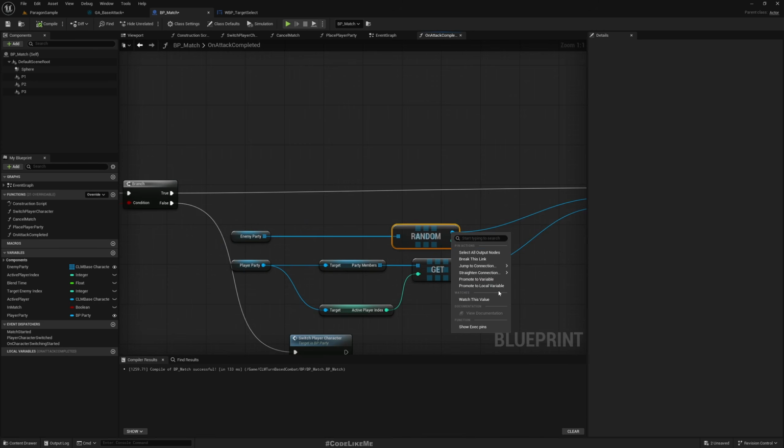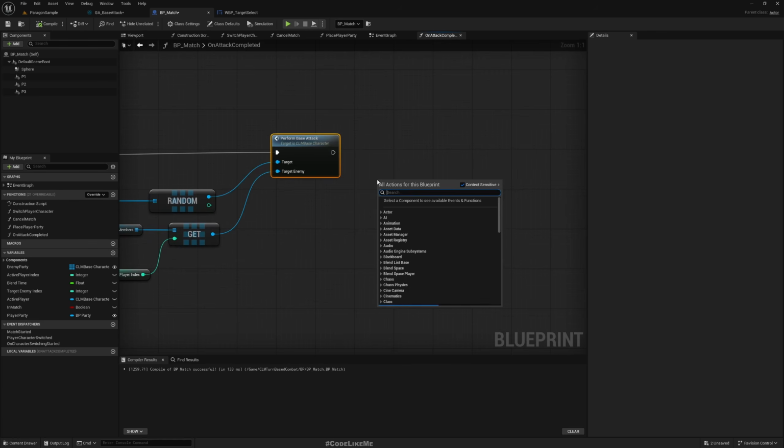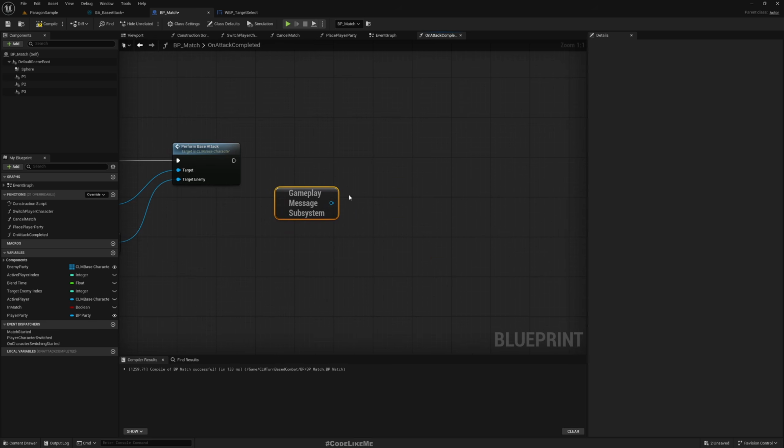I'll promote this to... no need to do that because right now the enemy is performing the attack. So let's broadcast another gameplay message. Get gameplay message subsystem, broadcast message, and the message is